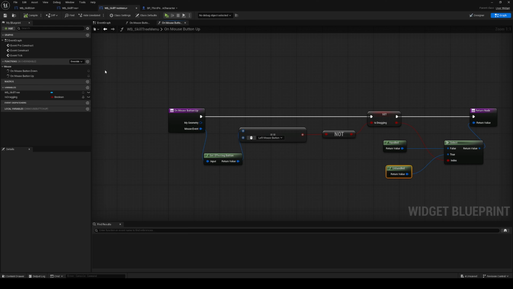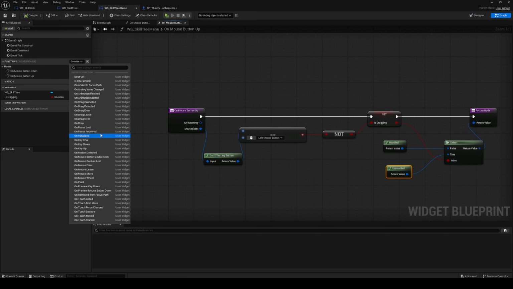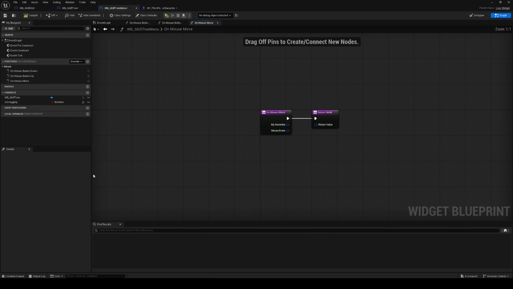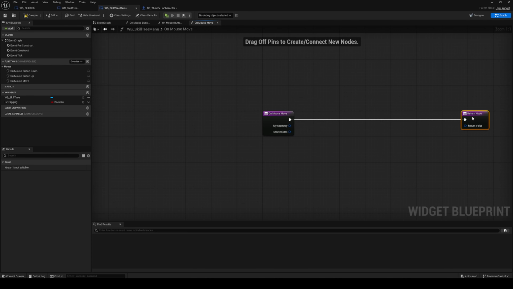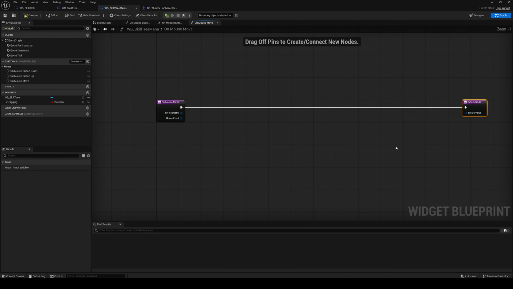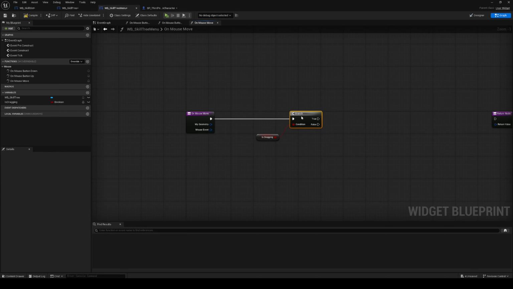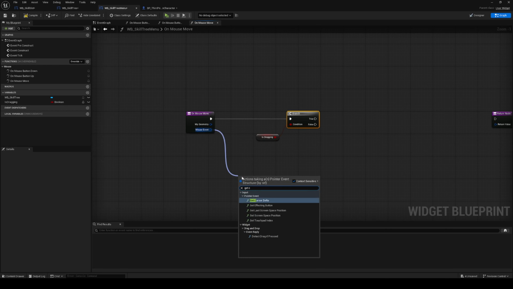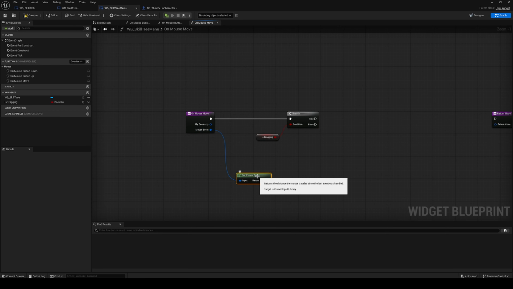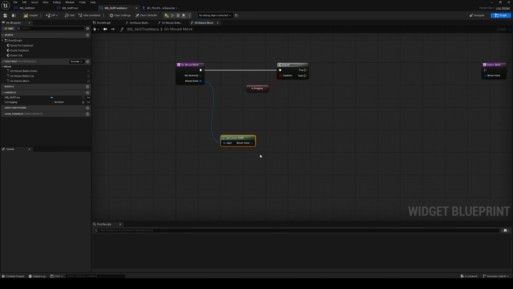Okay, and now we're gonna override on mouse move. So now we're gonna set up all the logic, what happens when the mouse moves. So first we're gonna get is dragging and put branch, and that's gonna say if is dragging true, then we can move our screen, drag our widget, and if it's false we can't. So let's get cursor delta,